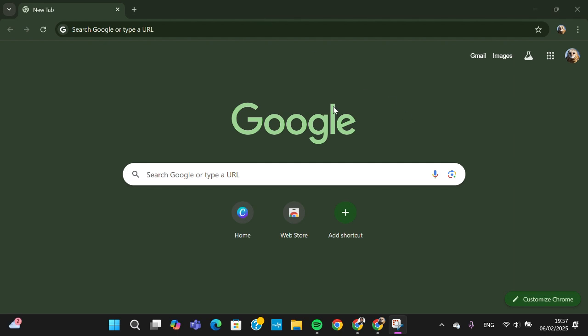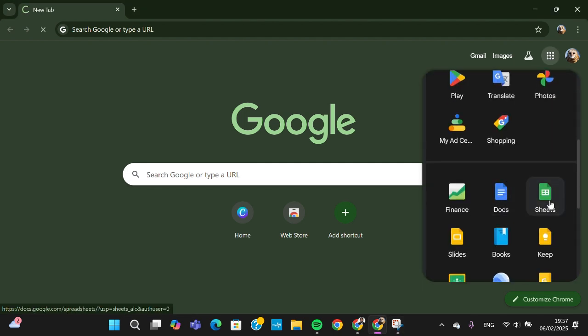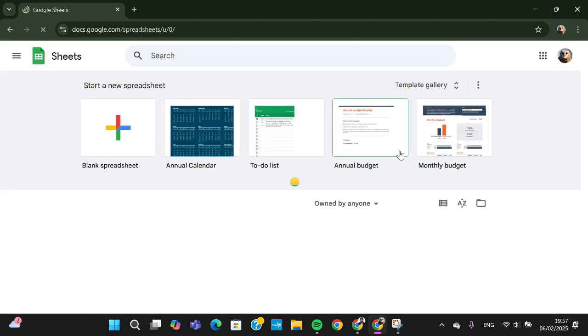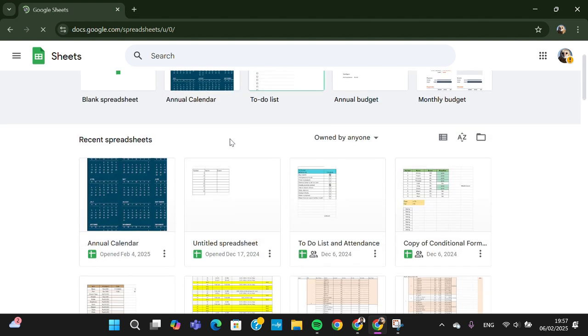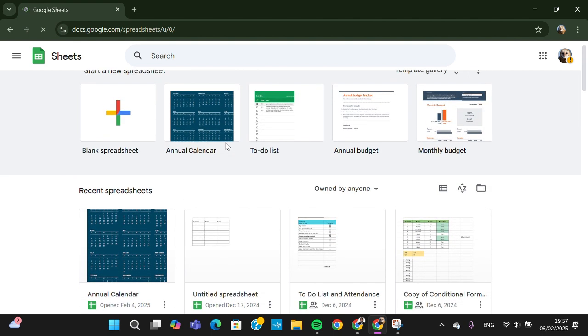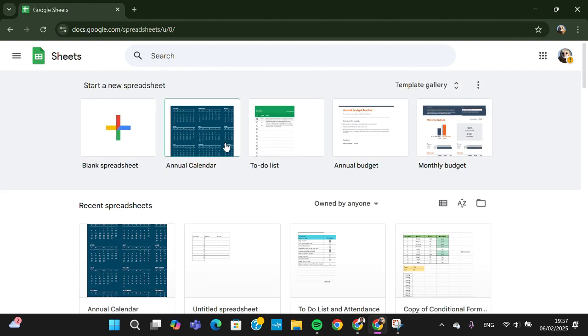So here I have opened my Google and we can go to the Google Apps and select the Sheets. If you want to open Google Sheets on your mobile phone, you need to download the Google Sheets app from Play Store or Apple Store if you are an iOS user. And now the Google Sheets has been opened guys, and if we want to create a calendar, we can use a template